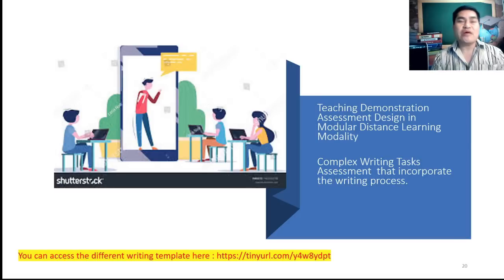So instead of using multiple types of questions, matching type, fill in the blank, what else? Maybe answering questions. We will try to make it different in approach by incorporating the different writing assessments in creating your modules. By the way, I have this highlighted